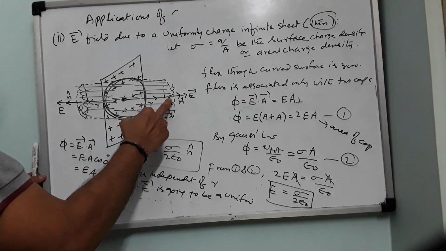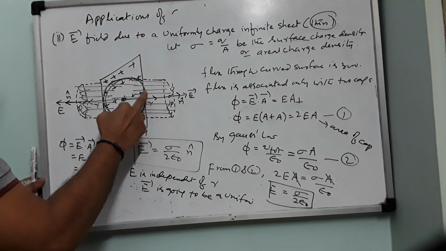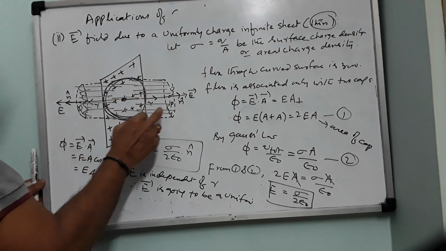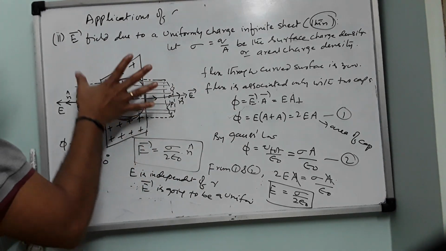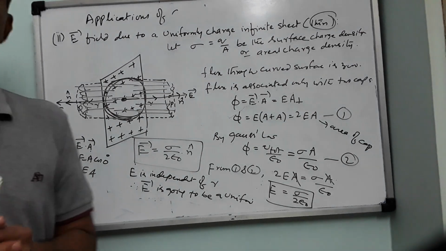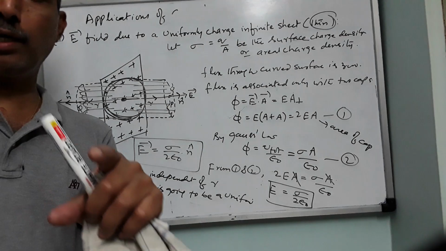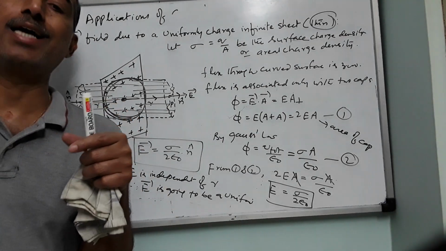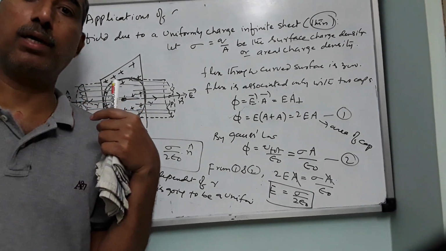If point P is approaching closer and closer, what will happen? The amount of charge contributing to the electric field at point P will be less. As P moves away, the maximum portion of the sheet is going to contribute to the electric field. Like you are taking a photograph in very close up, then you can cover two or three faces only. But as you move backwards, you can cover the entire class. So as you move away, more faces can be covered.